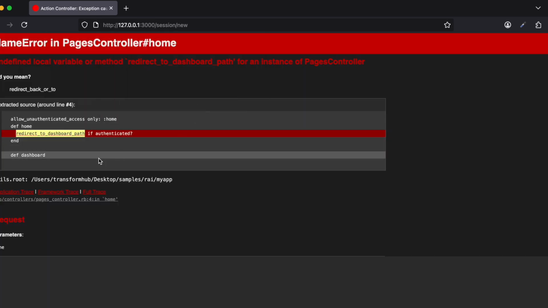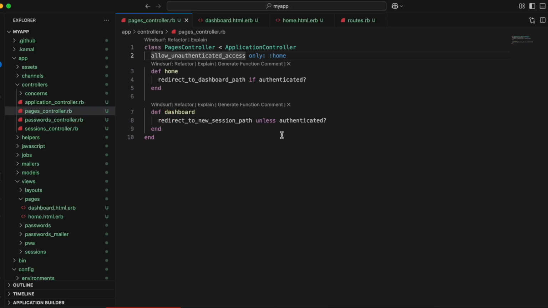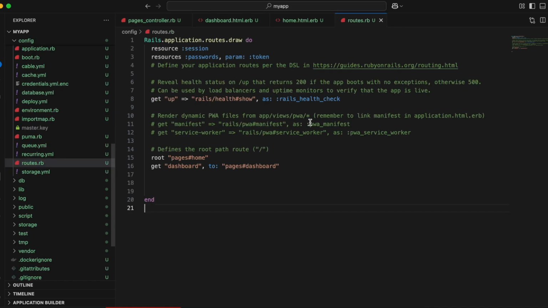Okay, we are getting some error. Redirect to for an instance, undefined local variable def home. Okay, def home, redirect underscore to underscore dashboard underscore path if authenticated. Hmm, why is it